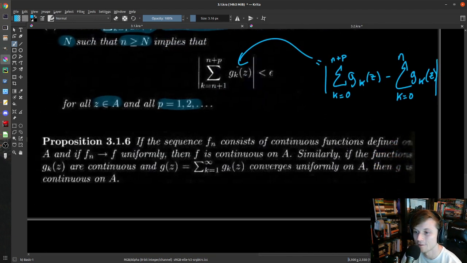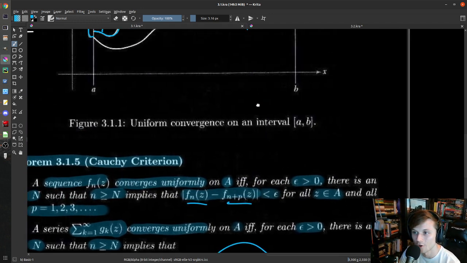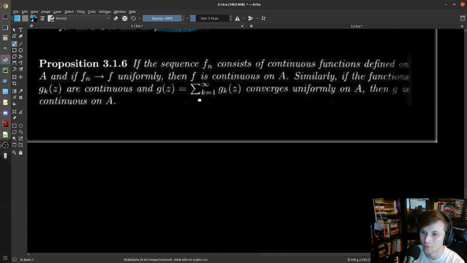So there's a more technical way to say it in terms of oscillation, but for all physical intuition purposes, all you have to think of is that you might be wiggling around this eventual function that you're going to get to, but you don't wiggle too much, and that wiggling just gets smaller and smaller, right? And not only does it get smaller, but the successive terms of the approximation wiggle around each other less. So that's the way to think about it.